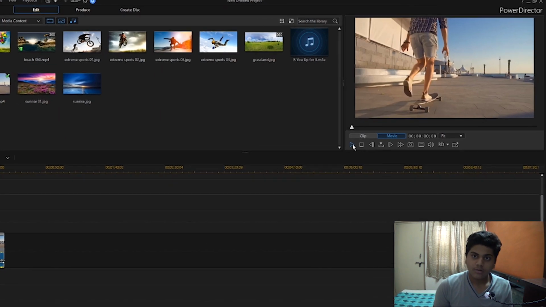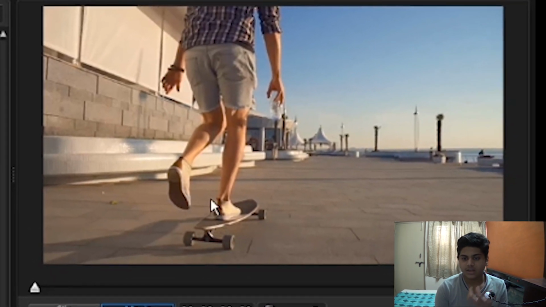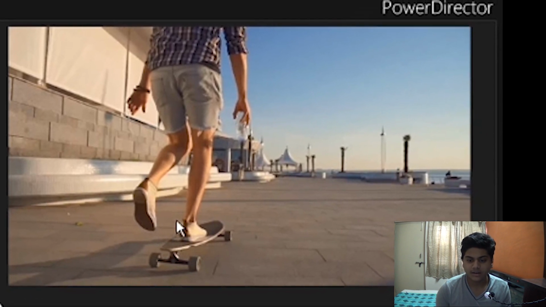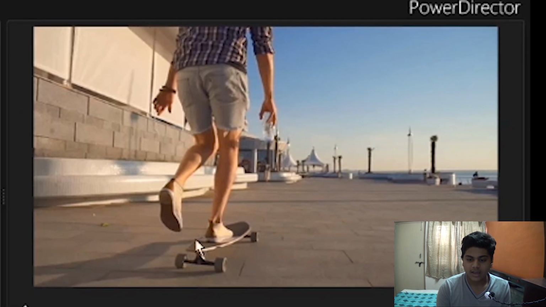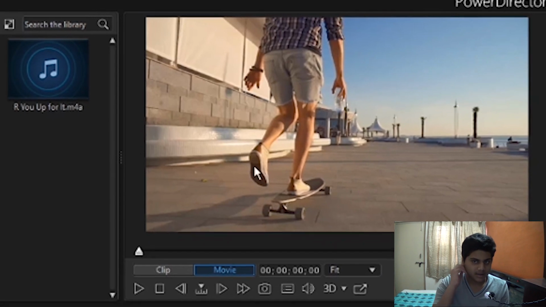There is a man riding a skateboard, moving this side and that side. Now I want to blur something. I'm just telling you as an example, because there are no faces to track here. I am just tracking something that is moving. So I am taking the back of the skateboard here, and I want to blur that.